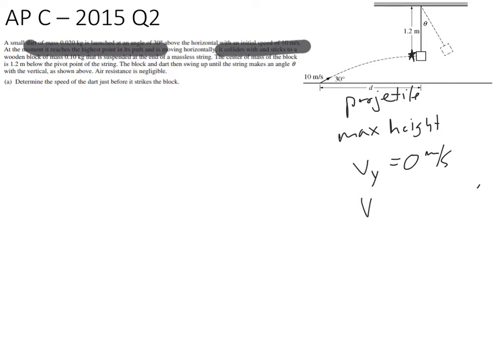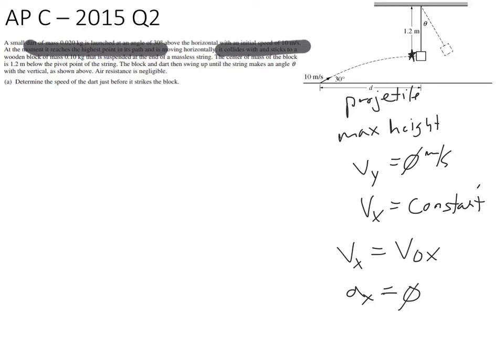And the horizontal velocity is constant. We still have the horizontal velocity that's equal to whatever the initial was. And remember that in the horizontal direction, it's constant because there is no acceleration. No acceleration in the x. So, all I have to do to figure out what the speed of the dart is just before it strikes